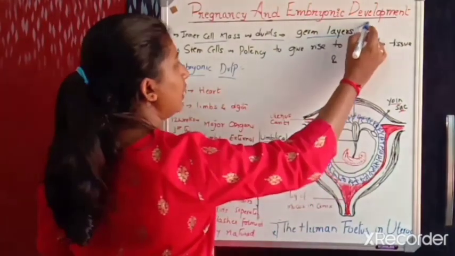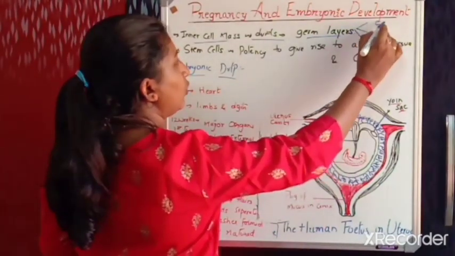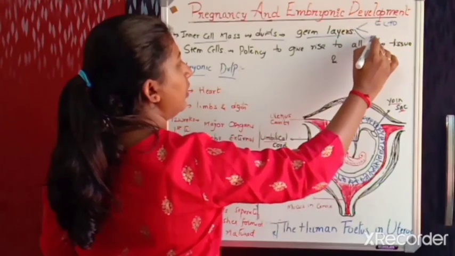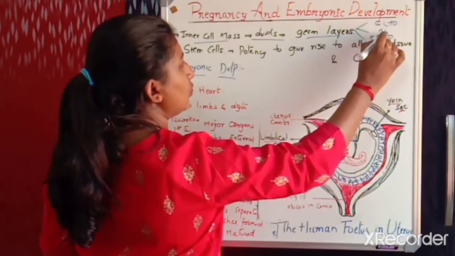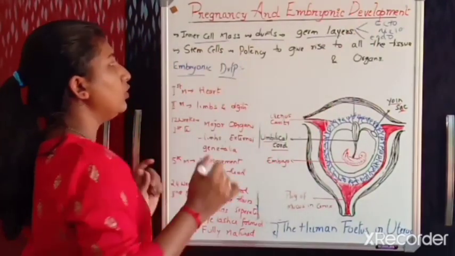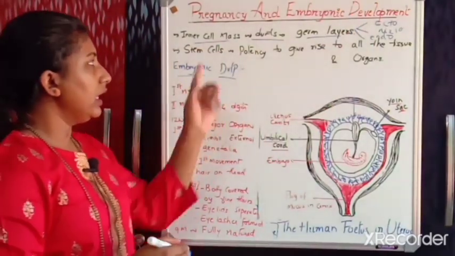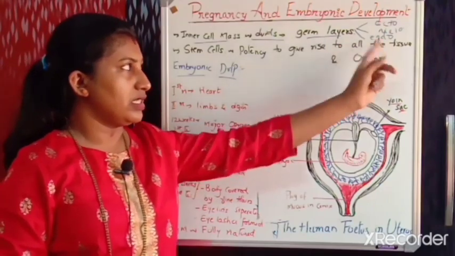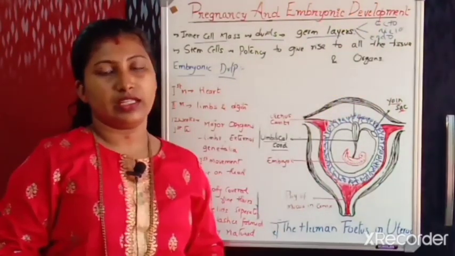You have studied in first PU, right? Ectoderm, endoderm, and the middle one is mesoderm. So this mesoderm, ectoderm, endoderm, form from which one? Inner cell mass. Initially they divide to form germ layers, these three, and these three germ layers, some of them